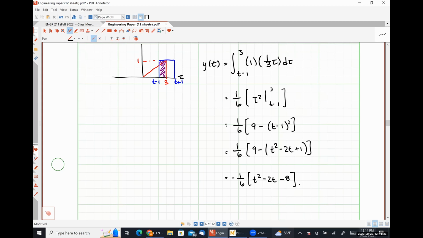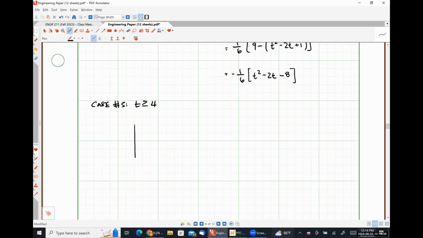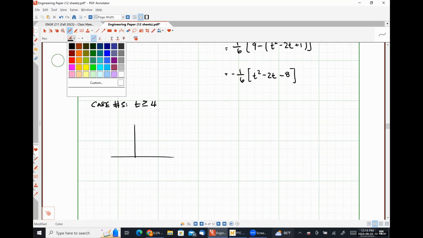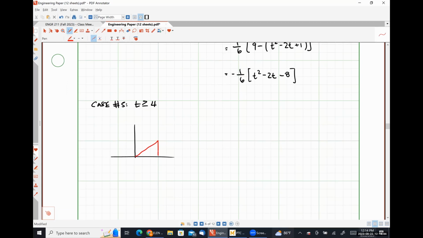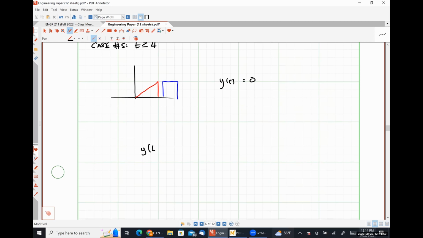All right, and then my last region is for t greater than or equal to 4. Where they no longer overlap. And so y of t is equal to 0. Putting all of those results together, y of t will be